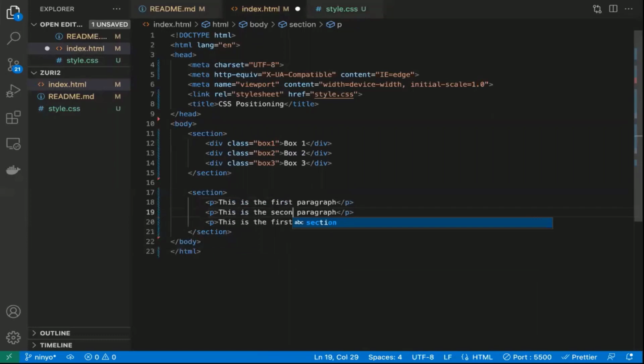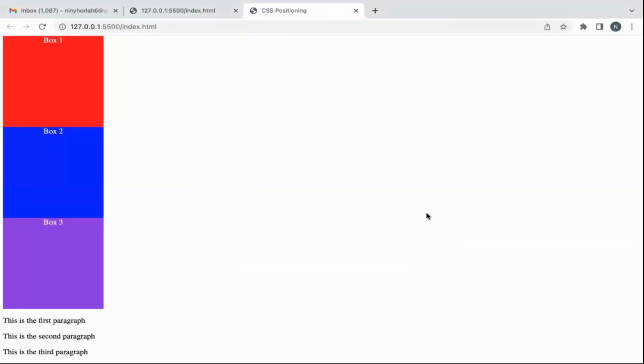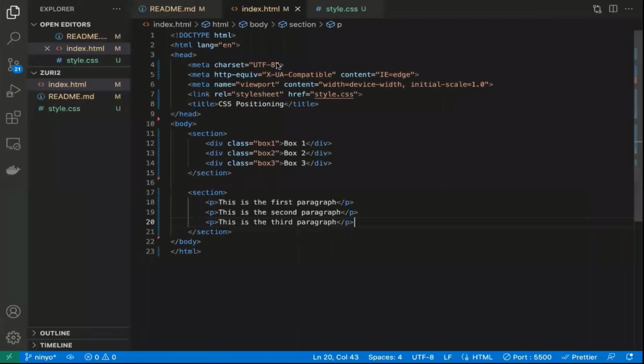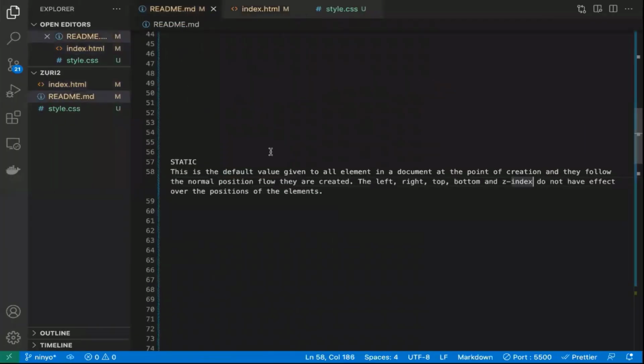Second paragraph and third paragraph. So can you see that they come one after the other? So that is the way it's going to be. This is the result. So they follow suit. Okay, so